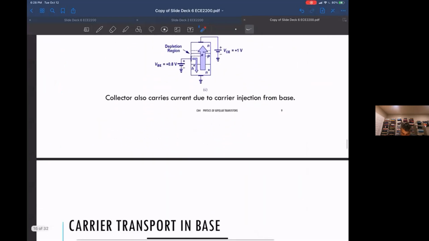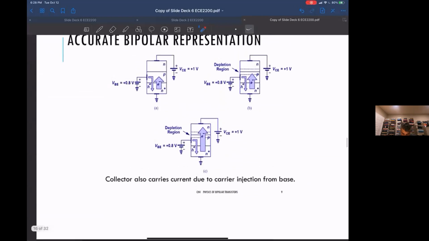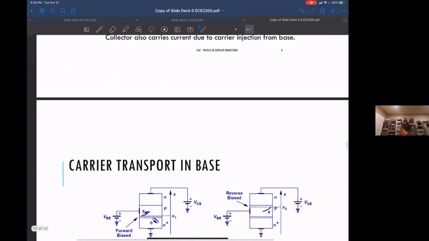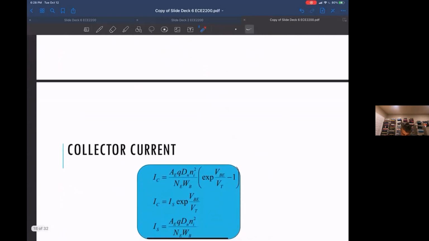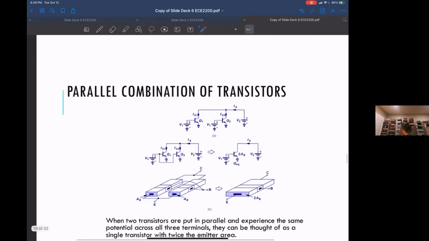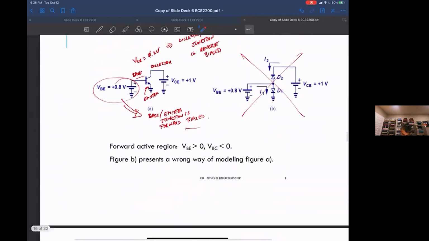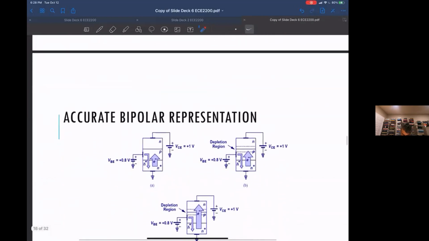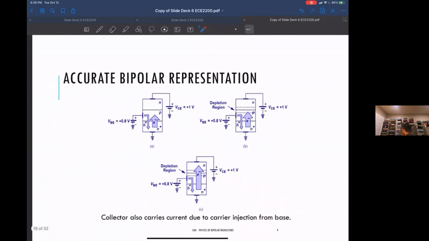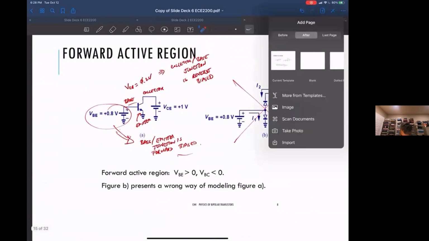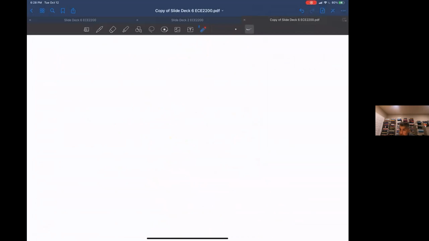Okay, let's see. Did I put in a... shoot? Oh, I thought I added a slide here. Okay, so before I talk to that, I thought I'd inserted another slide in here, but let me remind you guys of